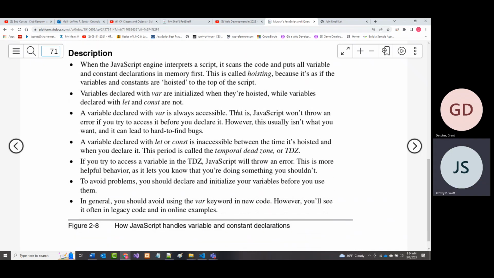So the rules about hoisting: variables declared with var are initialized when they're hoisted. Variables with let and const are not. A variable declared with var is always accessible. It doesn't matter where you are in the program. You can use it anywhere. A variable declared with let and const is accessible only between the time